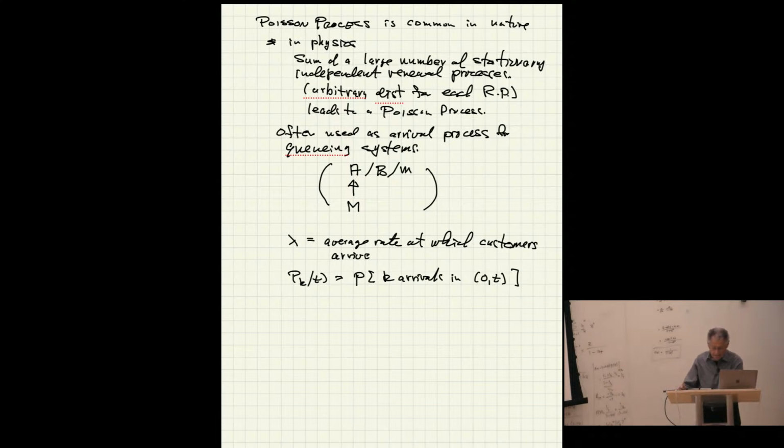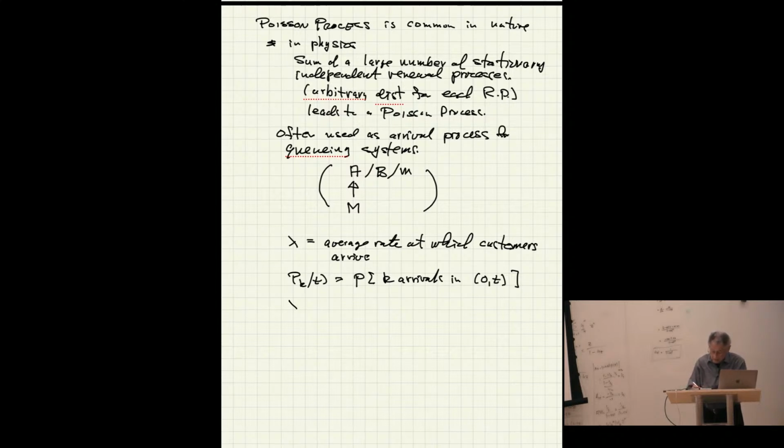It was the probability of having k in the system at time t, starting at time 0. So over an interval of t seconds, P sub k of t is the probability of getting k arrivals. Now again, we have lambda customers per second,